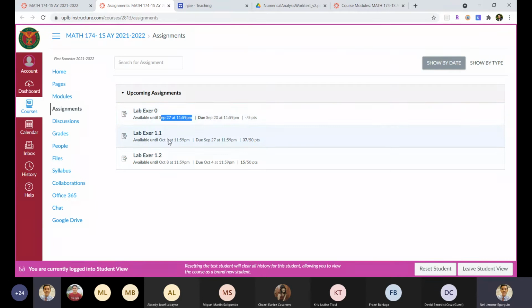So I guess Lab Exer 1.1 and 1.2 are already available for you guys. So you can also submit in advance. Pero ang idea kasi, yung module X, for instance, gagawin natin siya sa week X. So dun sa buong week X, i-discuss natin ano yung laman ng module and what are the topics or the concepts that you need to master. And then the Lab Exer in module X will be due the Monday of week X plus 1. So laging yung Monday after the week when the module was assigned, yun yung deadline.